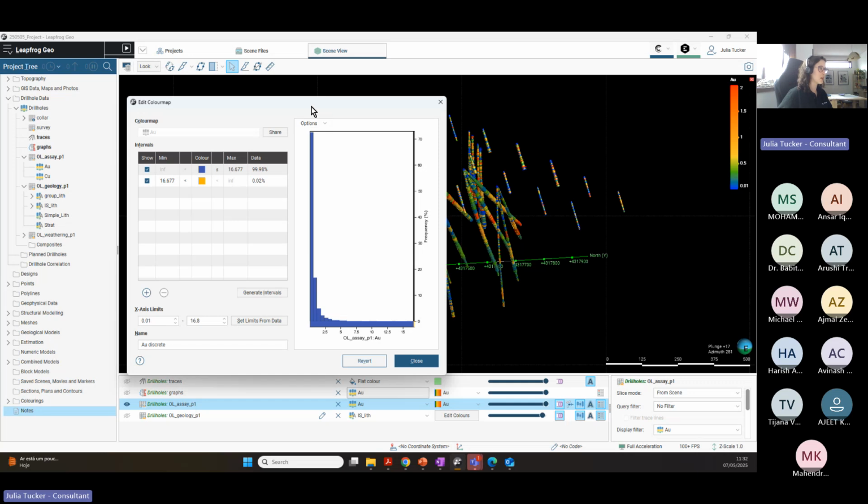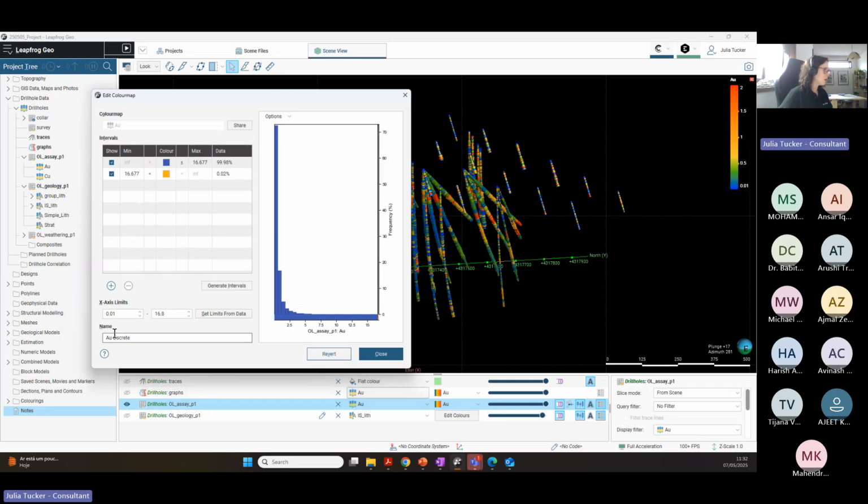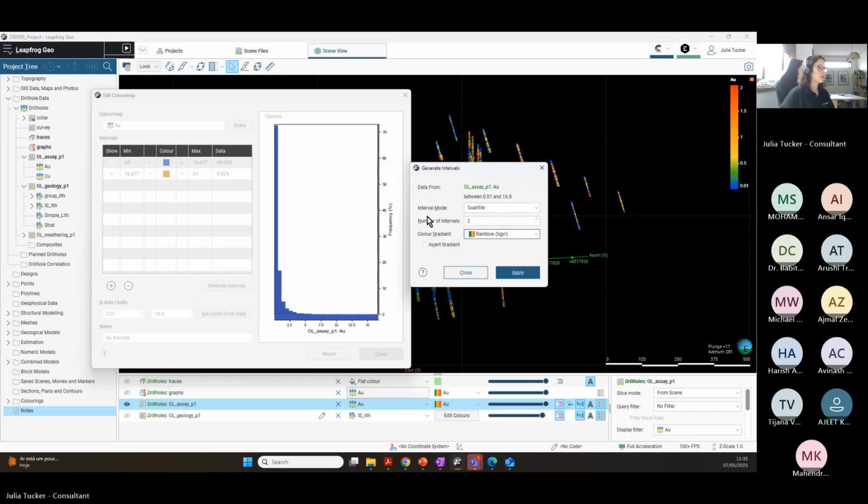Here on the options, they are going to be exactly the same, but on the generations of the interval, we can also select the interval mode. So right here, we have the data, where it's from, and what is the range of this data. So if you want to change this, you just need to close and come back here to the